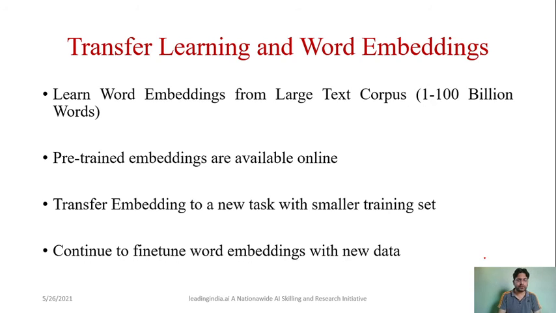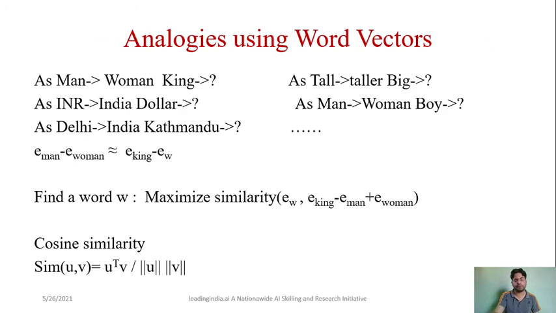Right? So what do we require? We require a very large corpus to make this embedding. From the large corpus you are able to train this embedding. Right? Pre-trained embeddings are also available. You can say Word2Vec, right? Then there is GloVe. So these kinds of embeddings are also available. Now you can utilize these embeddings as transfer learning, right? So you do not need to retrain the entire thing. You can utilize it and solve your problems.